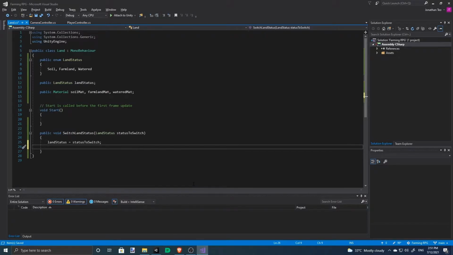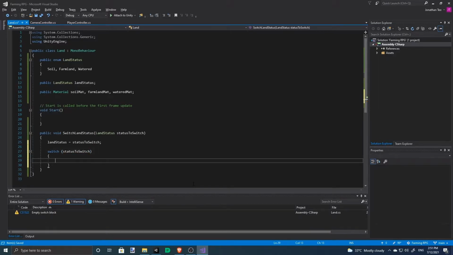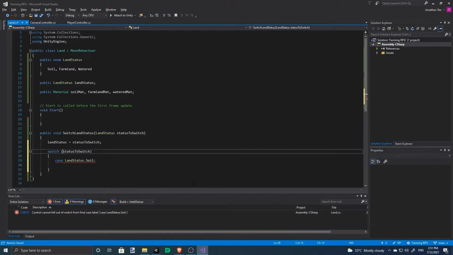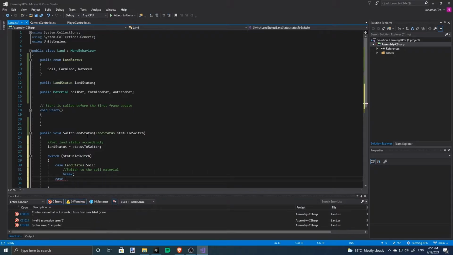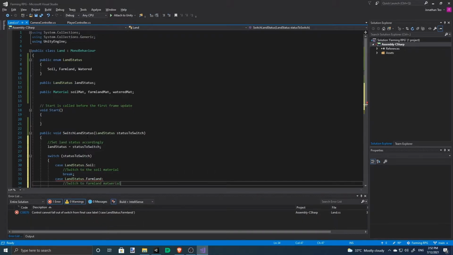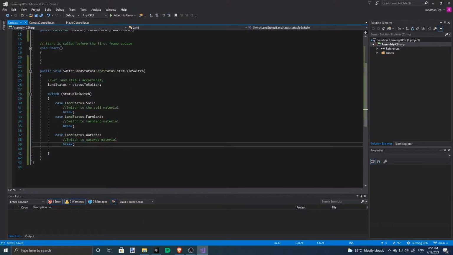So to do this, we'll use a switch. Switch accounts for each of the possible cases. So the case land status is soil. Okay, so now we have a switch to account for every possible land status.